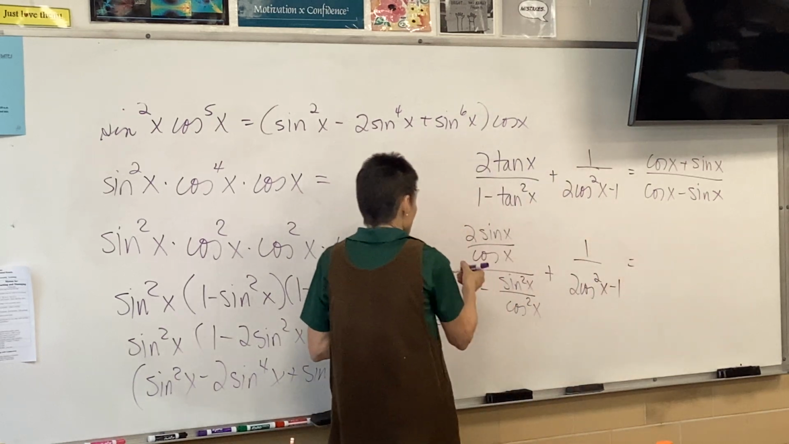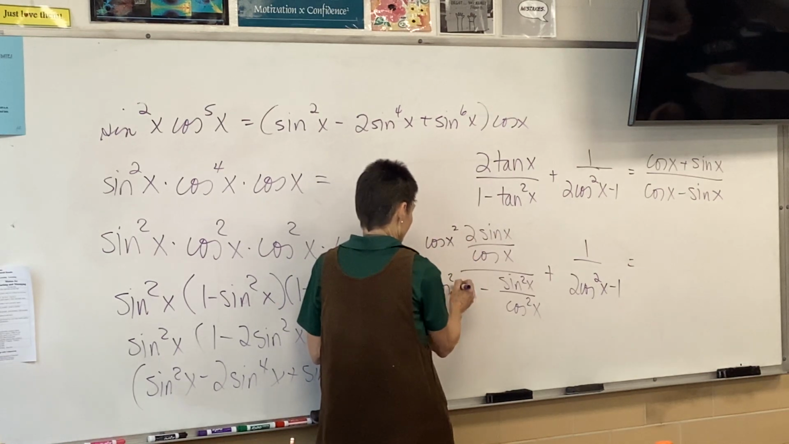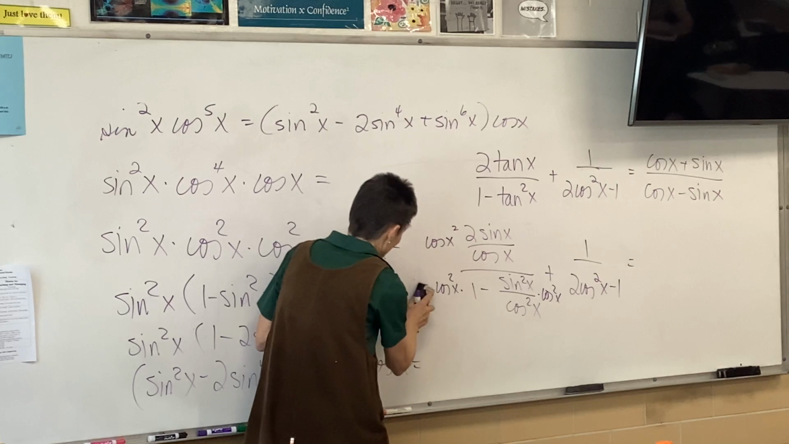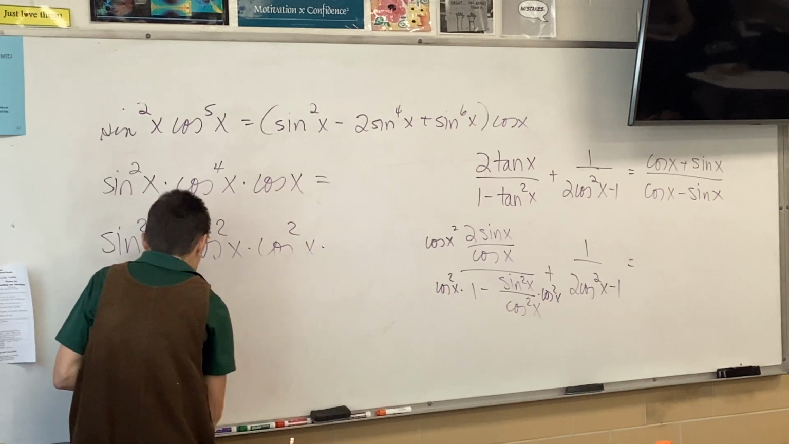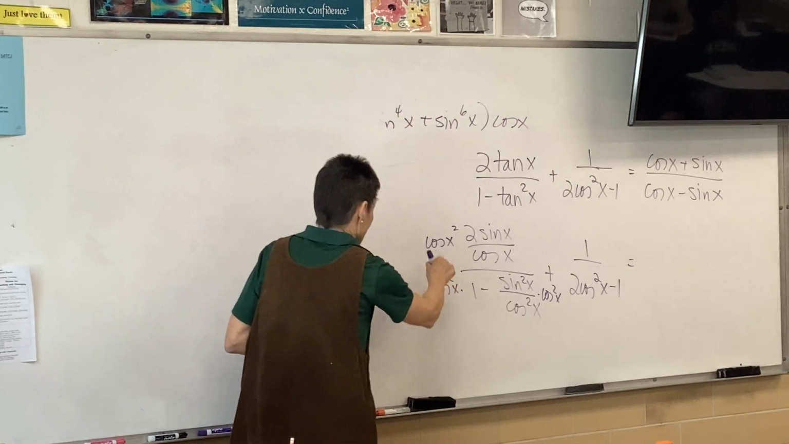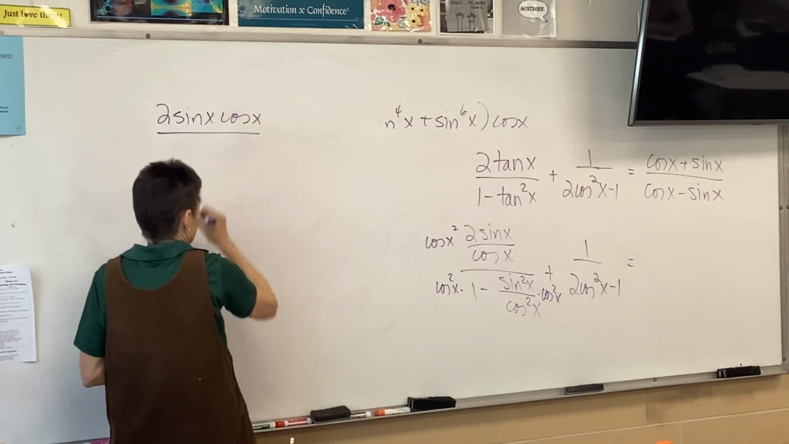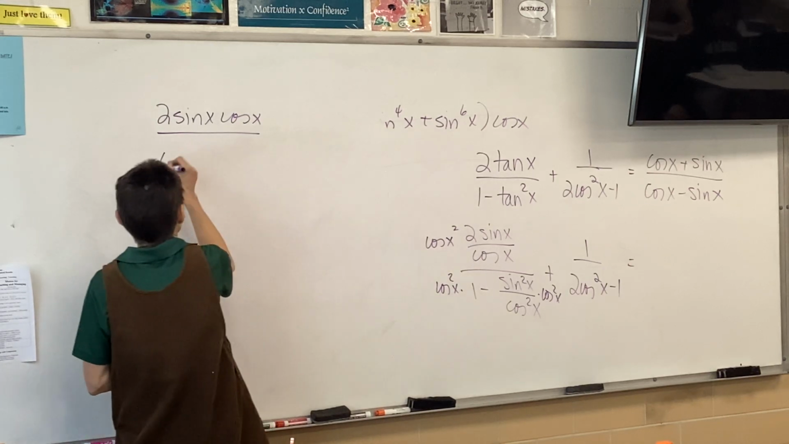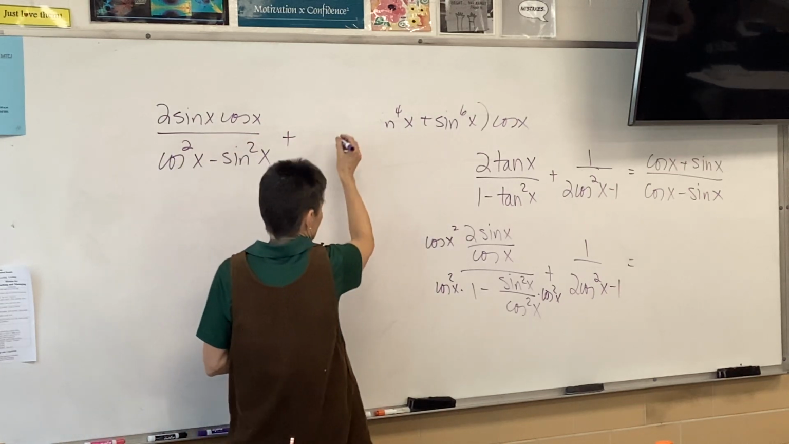All right, let's fix this. You know what I'm gonna do? I'm gonna multiply everything by cosine squared. So I'm going to be left with, let's see, 2 sine cosine over cosine squared minus sine squared plus